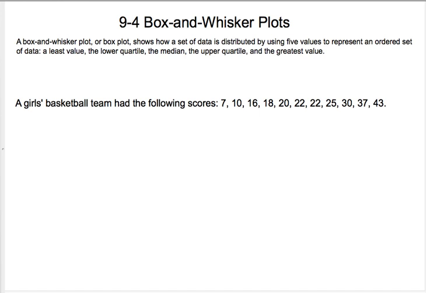Hello, in this video we're going to learn about box and whisker plots. Box and whisker plots, or box plots, are one of several different ways to display data. A box and whisker plot shows how a set of data is distributed by using 5 values to represent an ordered set of data. It has a least value, the lower quartile, the median, the upper quartile, and the greatest